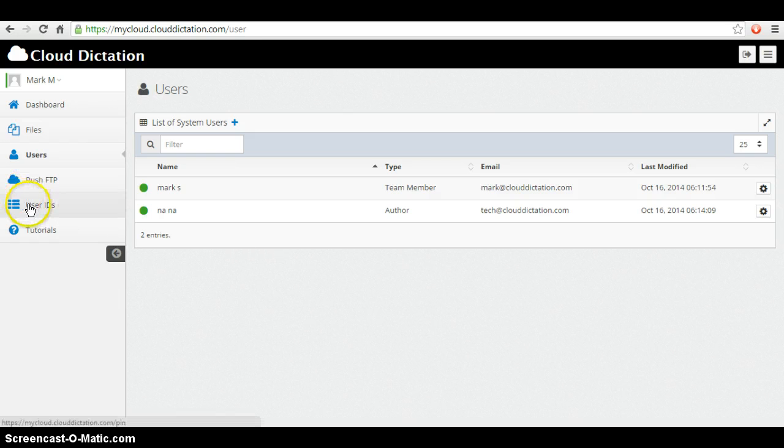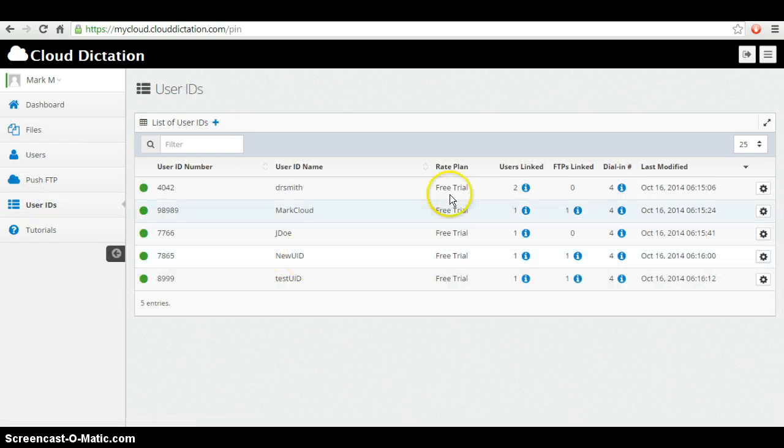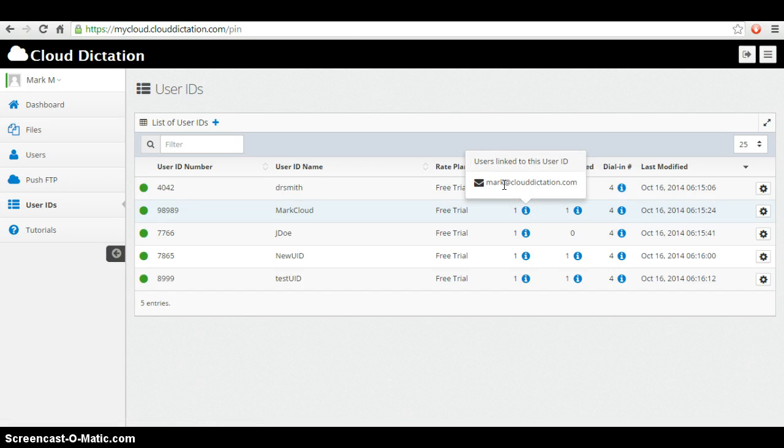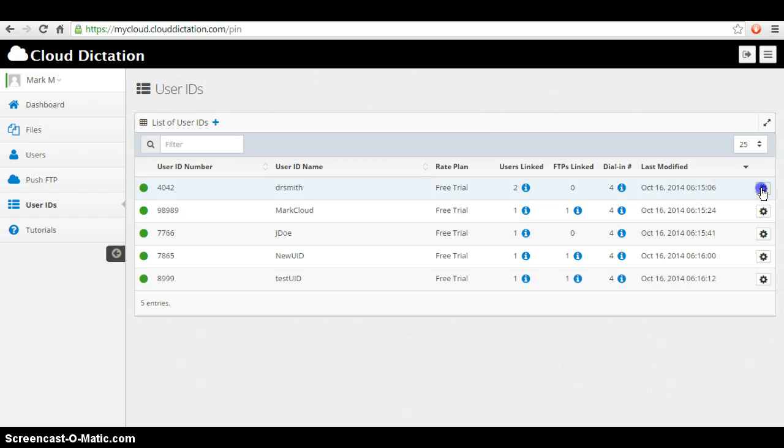Then what you would do is go to a user ID and assign that user to that particular user ID. So this one will show that two are linked to it. This one is showing that there's one link to it. The way that you would do that is either here, you would use the edit feature